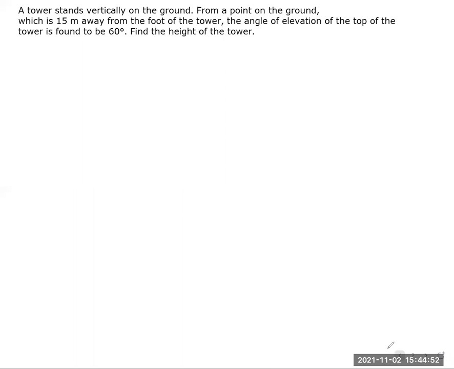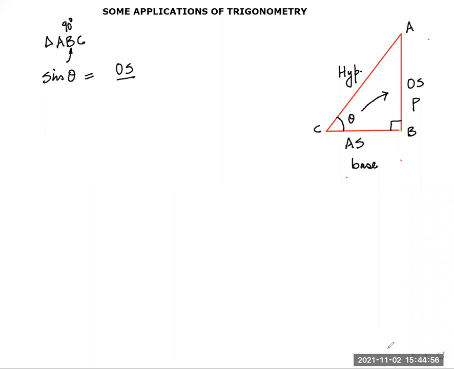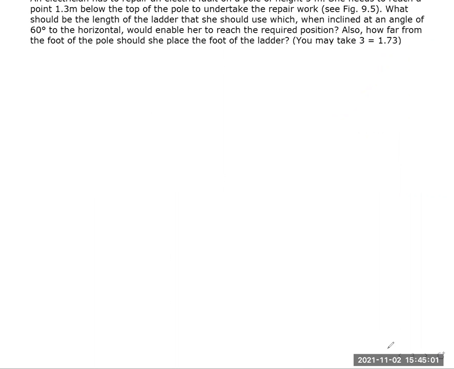Now students, there is a little bit more which I want to explain to you. Let us see that there is a person. He is looking at the top of a tower. So this is, let's say, the tower. This is the foot of the tower. All right. The person is here and is looking at the top of the tower.